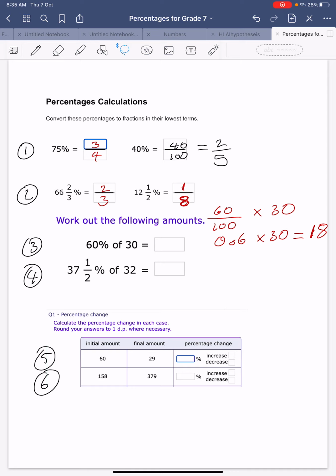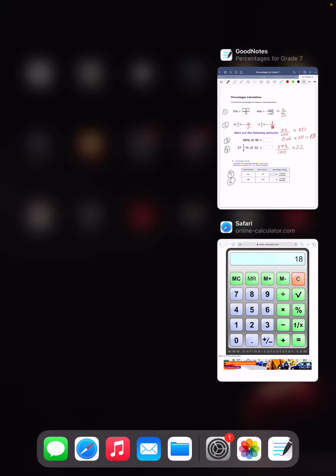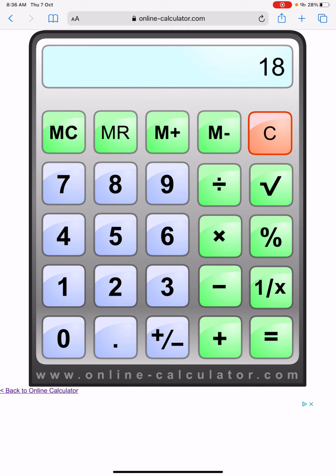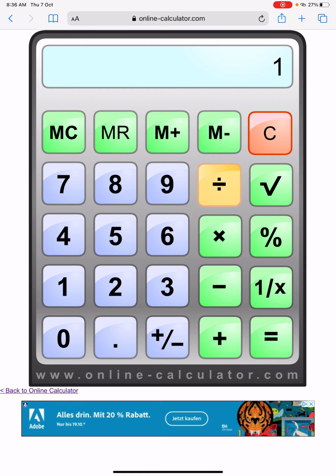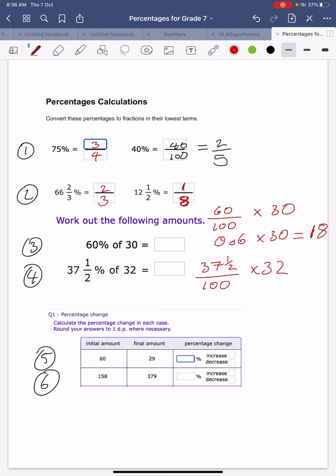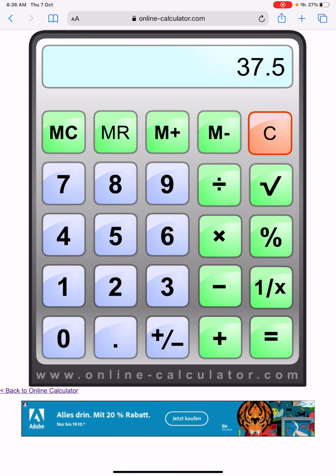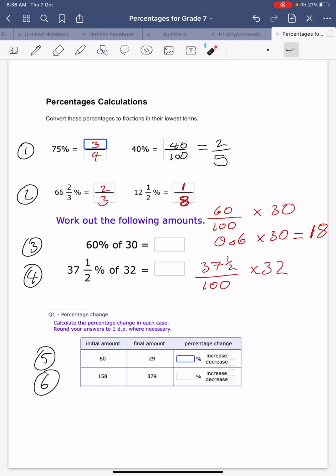37.5% of 32. Now this, we're going to do it in the same way, but this is 37.5% times 32. Now one nice way of doing this, if you're a little bit confused with numbers and fractions, is do the half first. 1 divided by 2 equals, and then plus 37 equals. So yeah, 37.5 is 37.5. So if you're ever unsure about how to manipulate with a whole number and a fraction, then you can see in the calculator 37.5. So that should make it a little bit easier now, because I'm going to translate this into